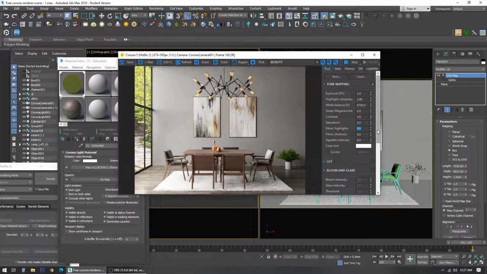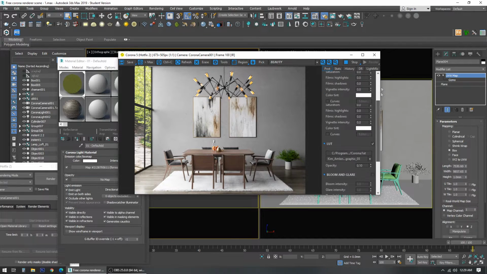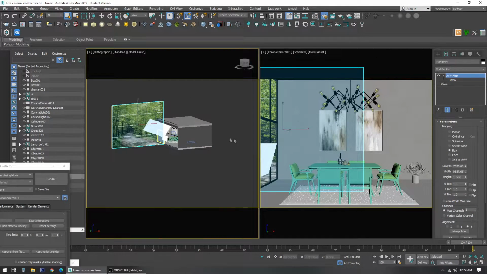Let's add LUT to it. So for white balance, yeah, this is good. This is good. This number 6,200. So next thing that we're going to do, we're going to